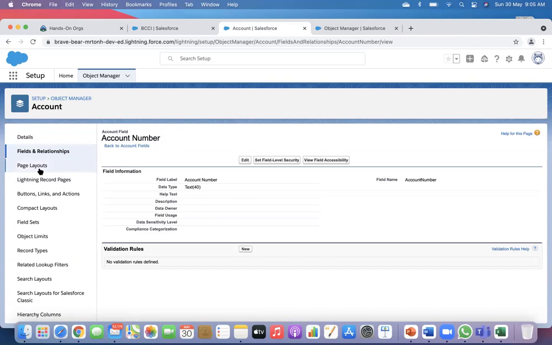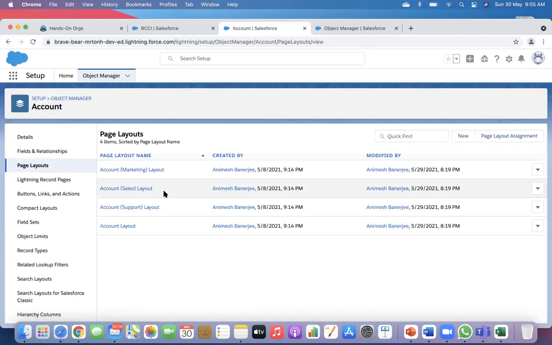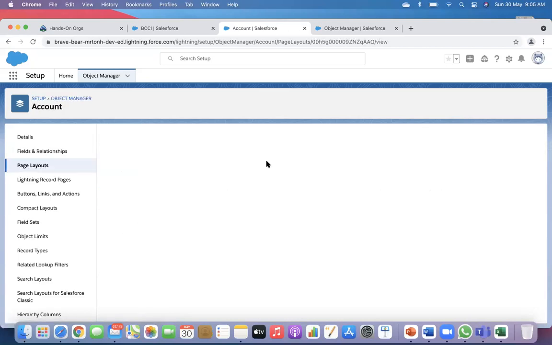Two ways of doing it. Standard fields cannot be made mandatory on the field level. If it is a custom field, you can make it mandatory. I will show you that. So let's first talk about the standard fields. If you go to the account layout,